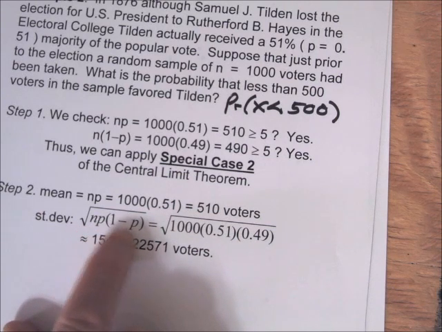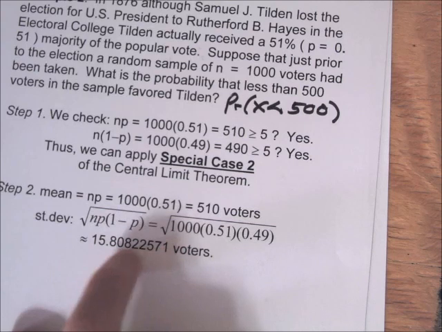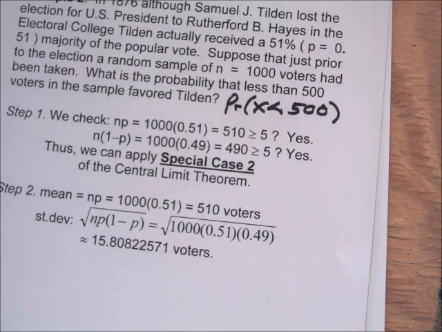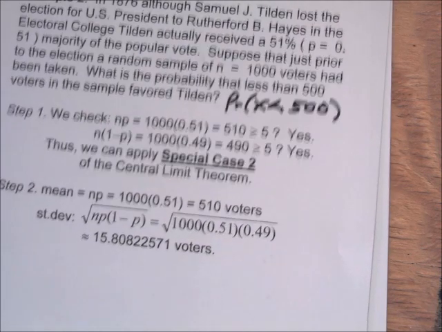Standard deviation, square root of n times p times 1 minus p, 15.8 some voters. So maybe I'll store that in my calculator here. Second, square root, so I don't have to type it in later. Times 0.51 times 0.49 equals. Okay, so